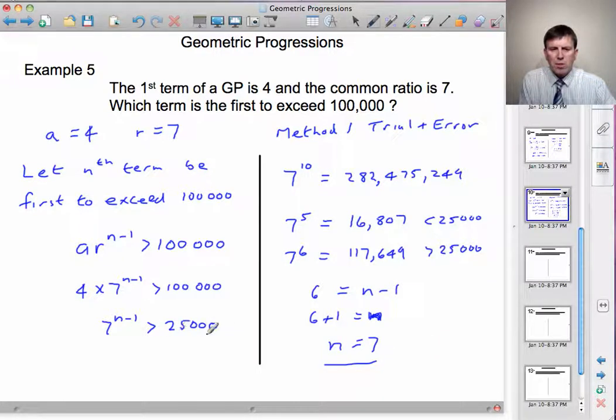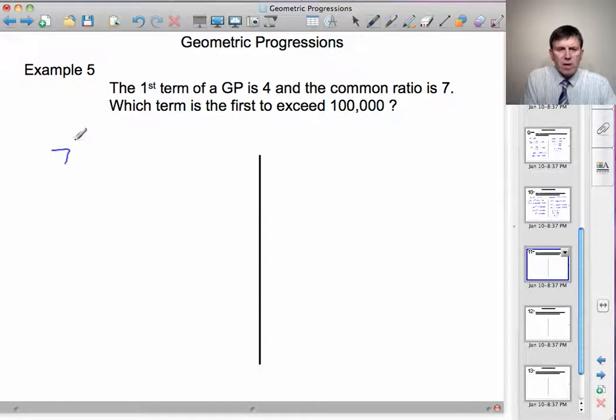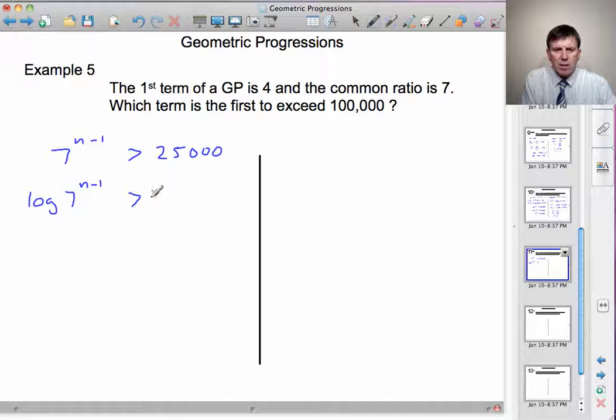Now let's try and establish this relationship using logarithms. 7 to the power n minus 1 has to be greater than 25,000. Well, what we can do is just take logs of both sides. So we get the log of 7 to the power n minus 1 is greater than the log of 25,000. And here I'm using logs to the base 10. Now, using our laws of logs, the log of 7 to some power is the power times log 7. So that's n minus 1 times log 7